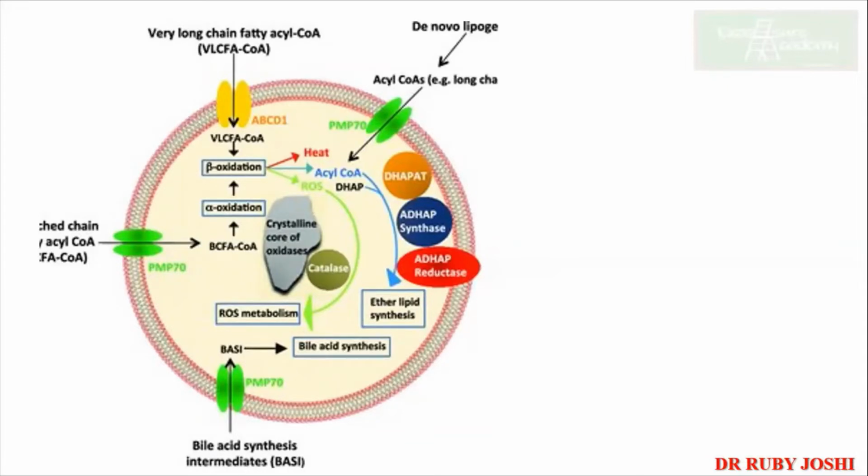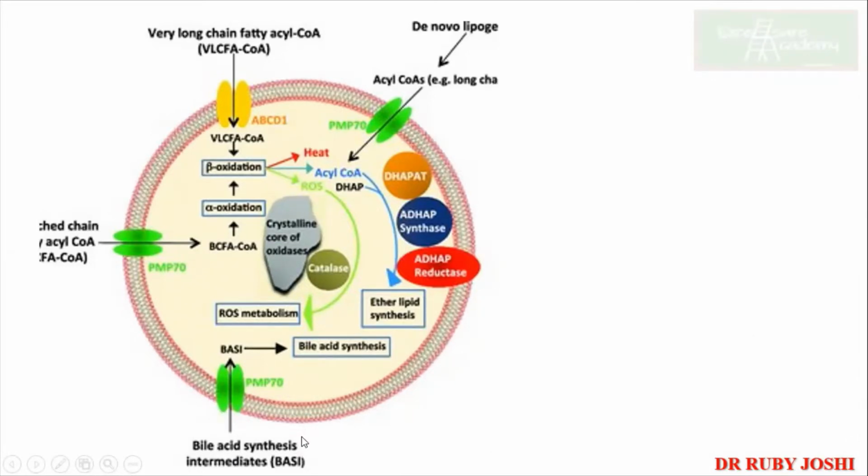Right now we won't be going into detail, just the overview, because in biochemistry we have to talk about all the steps in detail along with the enzyme structure and function. So we'll go through a little overview so that we understand how exactly it is happening. Here you can see de novo lipogenesis. Here also, the long chain fatty acids or very long chain fatty acid CoA, then some attached chain of fatty acid is there, and the bile acid synthesis. All these are happening in the